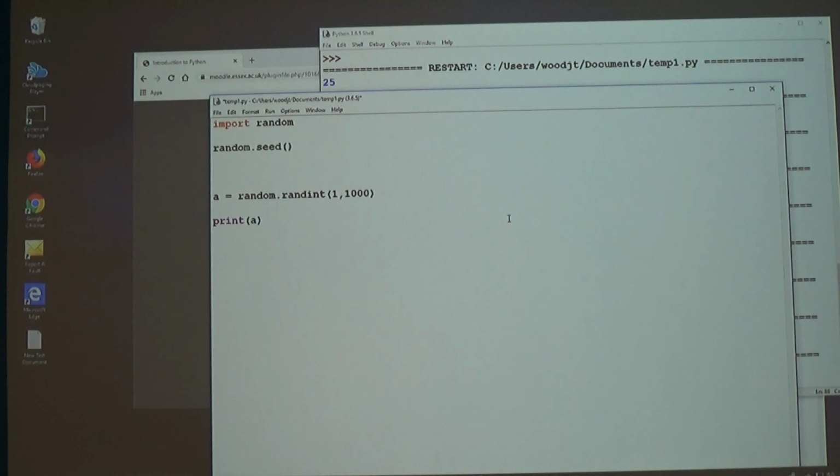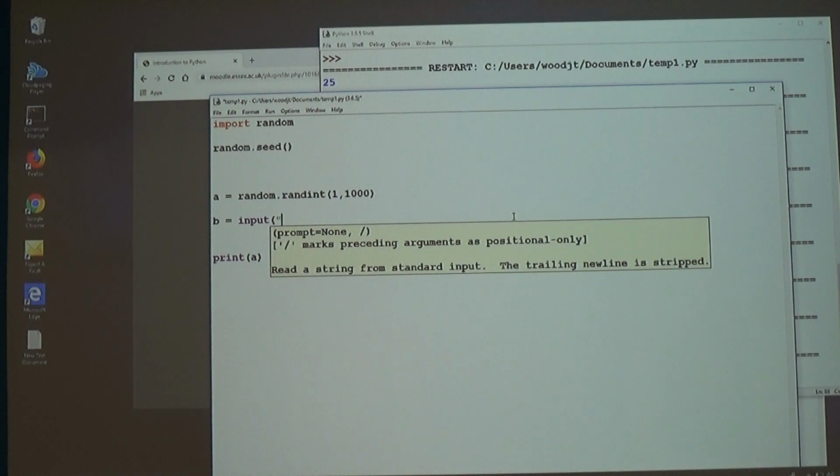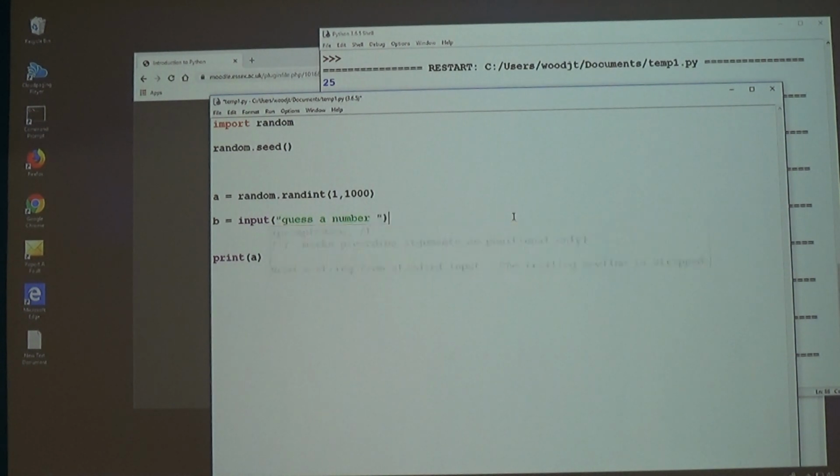Remind me how I read information in from the user? Input. I use input data. So let's be very unimaginative and call that variable B. Of course you can call it bananas, apples, pears, whatever you want, it makes no difference. So I want input, and on that input I'm going to put "guess a number". That's that. So remember what that should do. That should now produce a command prompt with "guess a number" written next to it and whatever